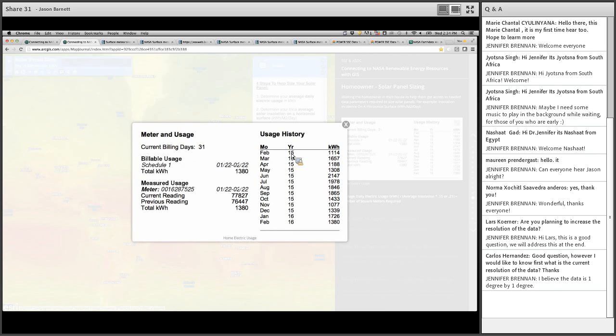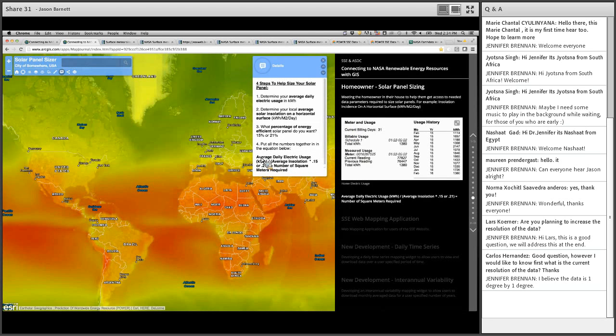And they could do the same for their usage history over the entire year to get their annual usage in kilowatt hours per meter squared. So at that point, that 44.5 kilowatt hours per day is now an input into that equation, which is their average daily electric usage, and then that's divided by the average insolation. So what the user is able to do is gather their average insolation from our image service,